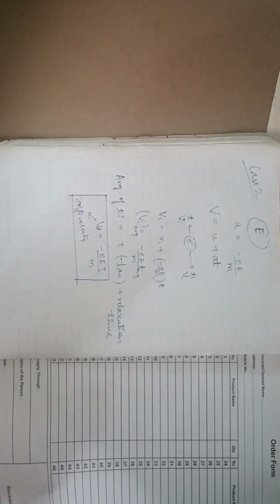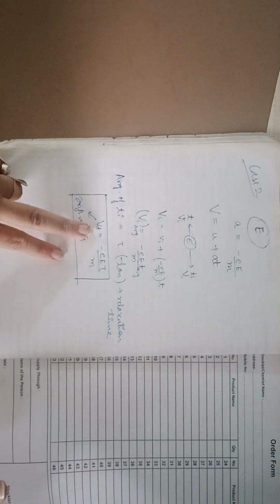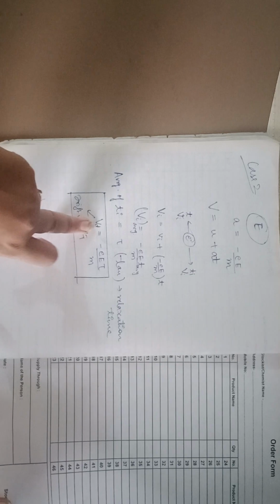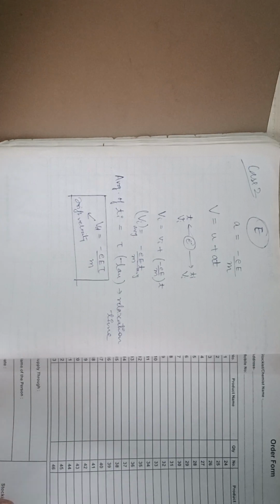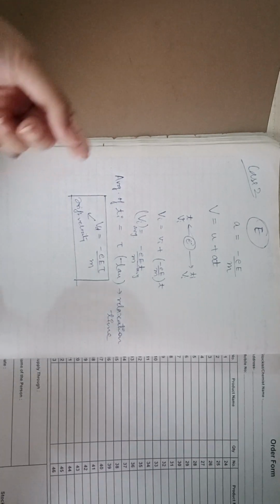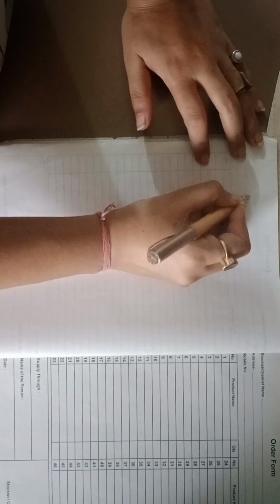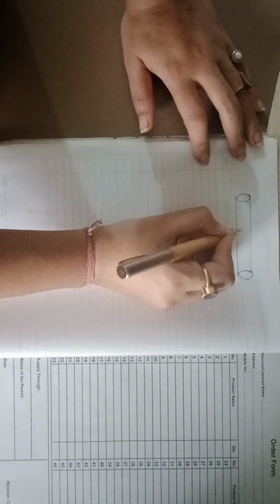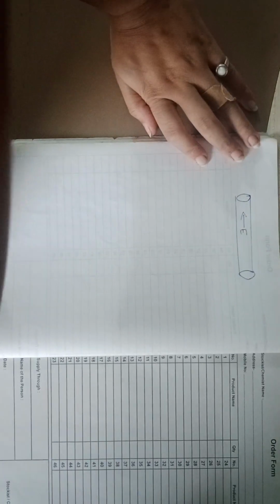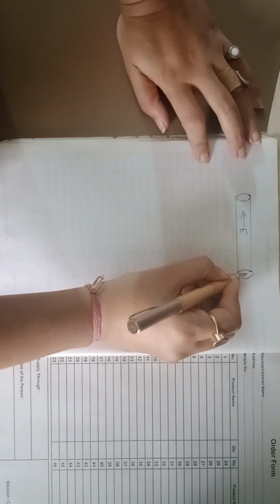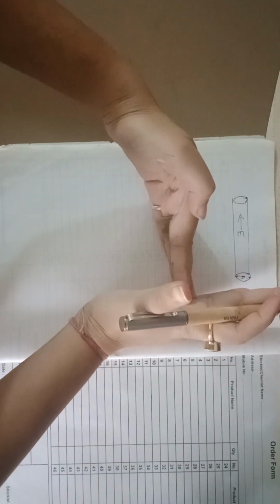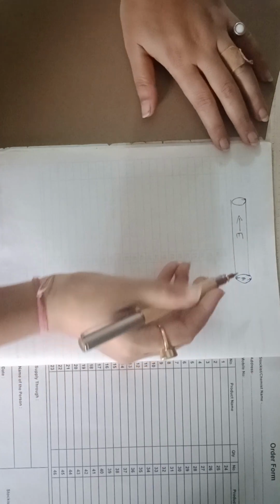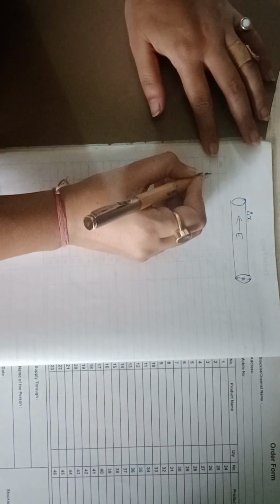Now what we are going to consider here is that this Vd velocity is very small. For electrons you cannot imagine a large amount of velocity or a large amount of time. So we are going to work with infinitesimal values. So let's take a conductor in which the electric field is applied in the opposite direction. And this is the cross-sectional area A. So this is A, and the electric field is applied perpendicularly. This is the length, let's say this is delta x.